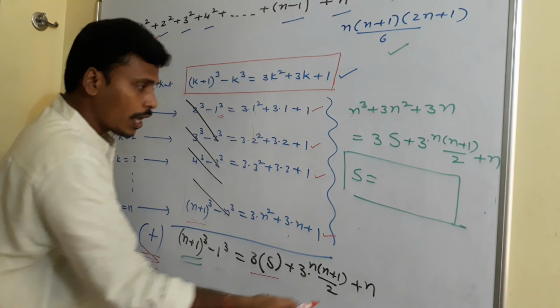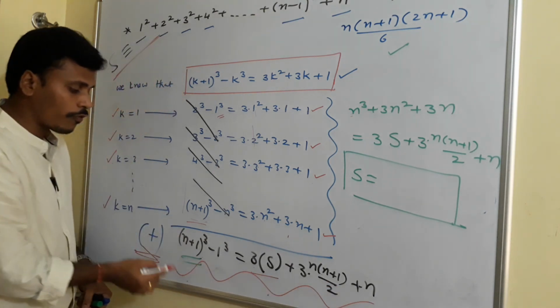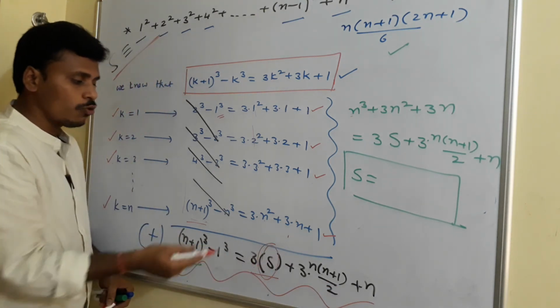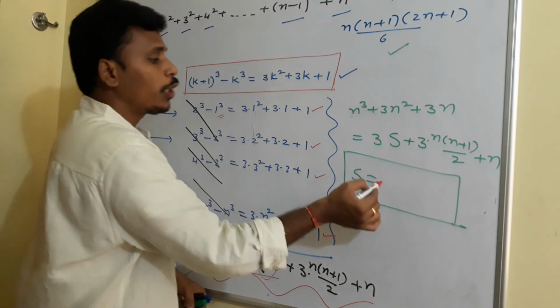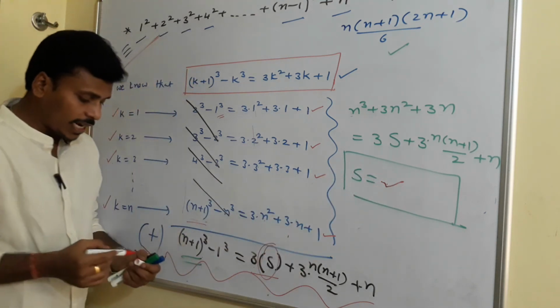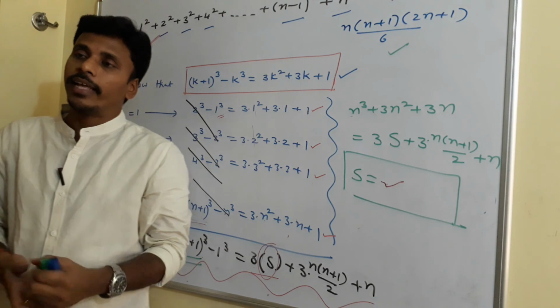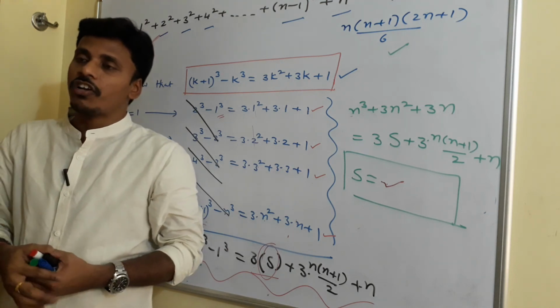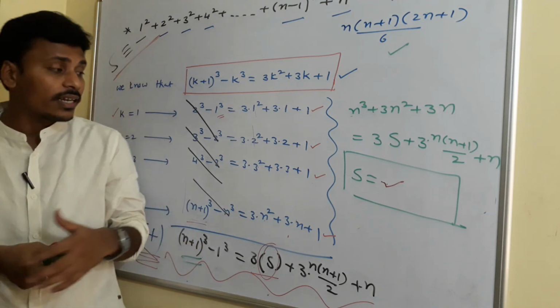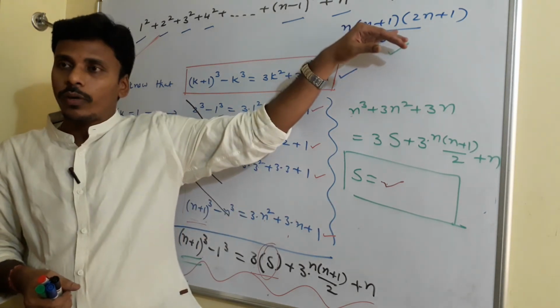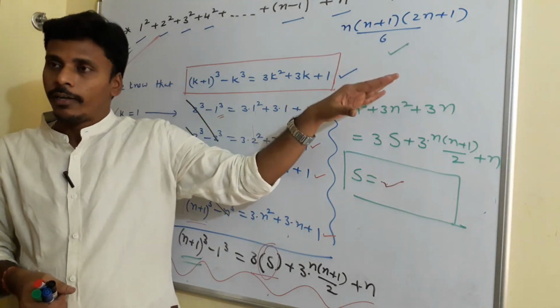That was very clear. Now at the end, you have this relation in terms of n along with the required s. From there, you need to make s the subject by collecting all the n's on a side, and then by proper factorization and grouping and regrouping, you will get that s is equal to n into n plus 1 into 2n plus 1 by 6. Right? Have a look at this.